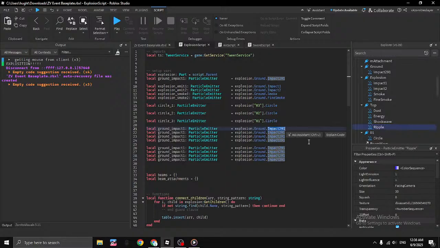Okay, so let's start with dust, energy, shockwave, ripple. And let's call this guy